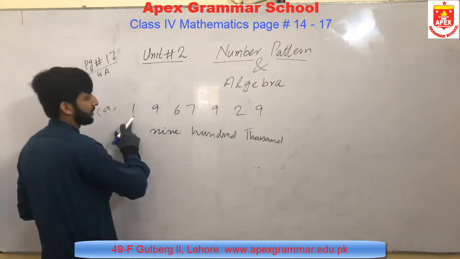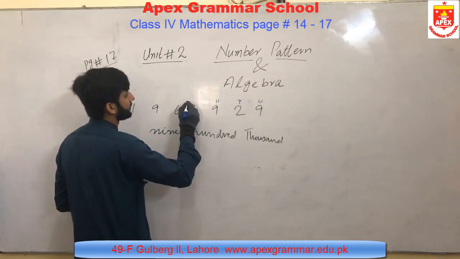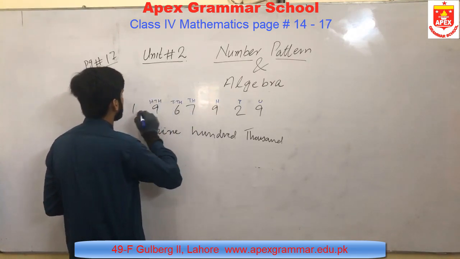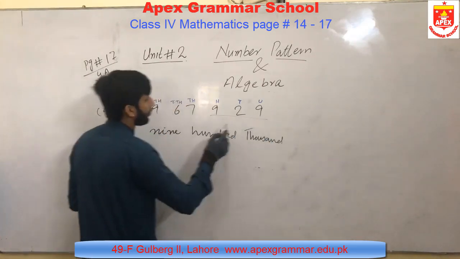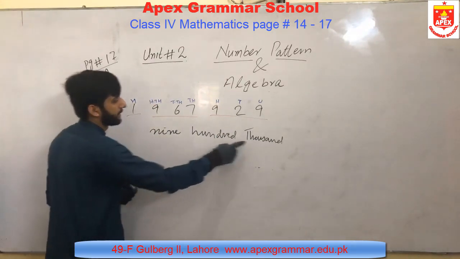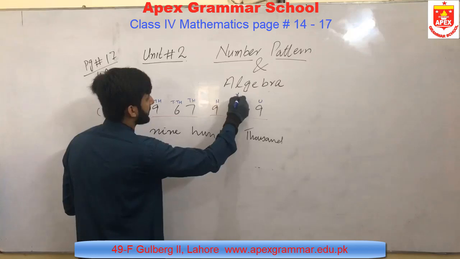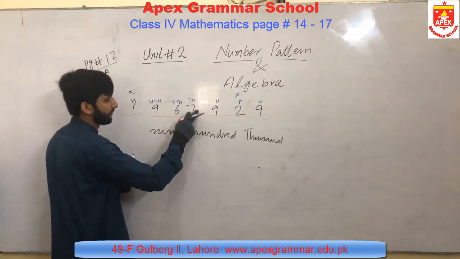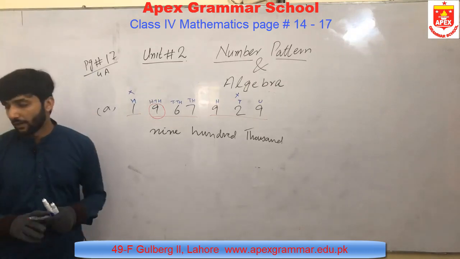First of all, we will write positions on these numbers: unit, 10, 100, 1000, 10,000, 100,000 and then million. These three for ones, these three for thousand, and this is for million. The digit we have to circle is at the place of 900,000. So we have no concern with this section, no concern with this section. This is unit, this is 10, this is 100. So this 9 is the correct position of 900,000.